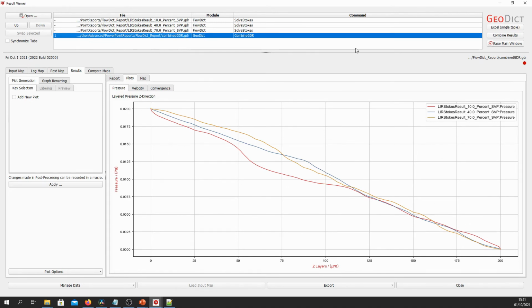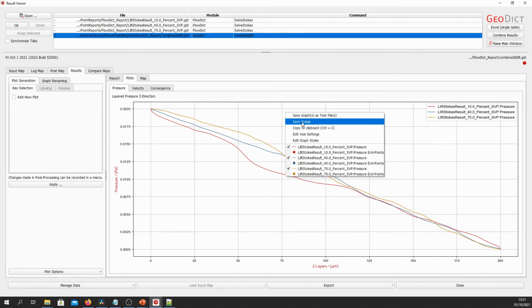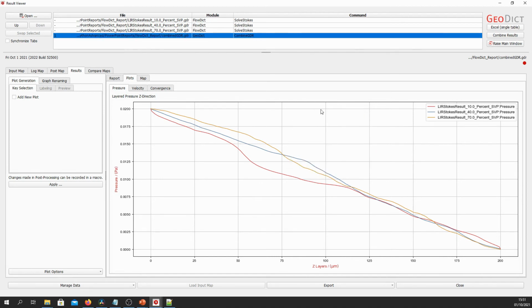And if you do this, if you combine this GDR and then you save this image here as a plot, the whole thing will be recorded in the session macro as I showed you at the beginning, and you can copy that to your Python macro and do the same from within Python. And that's what this file does that I showed you, the step 2 that we ran.